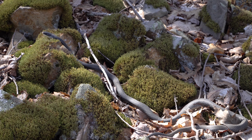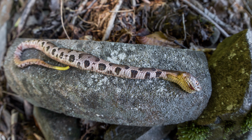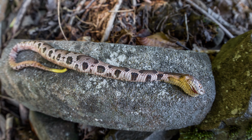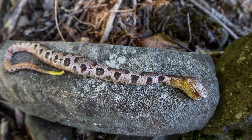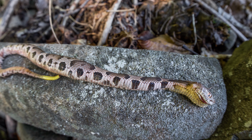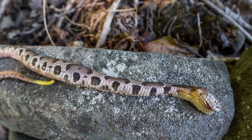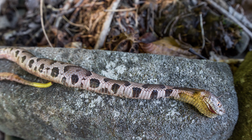racers have them on their menu list. In fact, at this very den last autumn, I stumbled upon a racer in the process of consuming a baby copperhead, which it subsequently regurgitated when it saw the likes of me. And in a twist of dark irony, it was evident that this baby copperhead had just finished its own meal